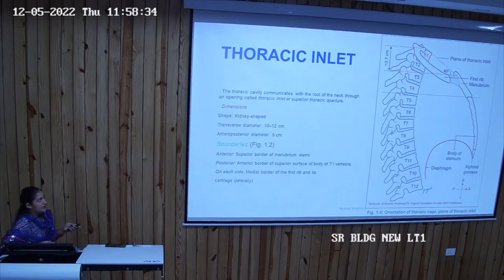So angle of inclination, that means from the posterior end to the anterior end, if we draw a line, and from here if we draw a horizontal line posteriorly to the thoracic vertebra, it is reaching the third thoracic vertebra. So T1 and the superior border of the manubrium are not at the same level. That means there is some inclination. This inclination is 45 degrees, and if you measure it from the T1 vertebra till the T3 vertebra, T3 vertebra is the level of the superior border of the sternum. So this is 3.7 centimeter.